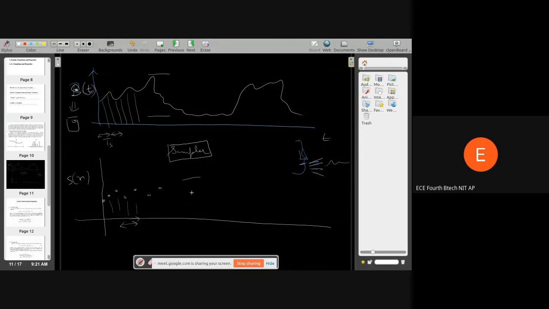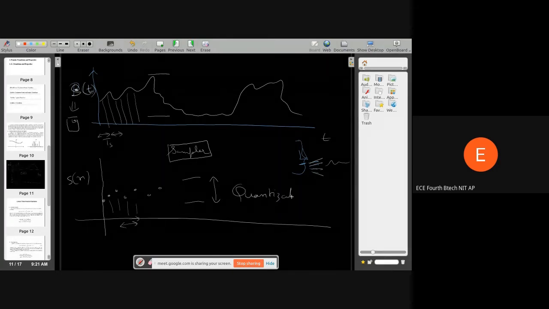Now, on the y-axis, the values this discrete time signal can have can still be arbitrary, could still be random. But if we quantize through a process called quantization, we say we will not allow arbitrary values, because that's also difficult to keep track of. We will keep track of these values in terms of certain bits. For example, if you want to keep 256 different unique amplitude values, you can represent each value by 8 bits, because 2 to the power 8 is